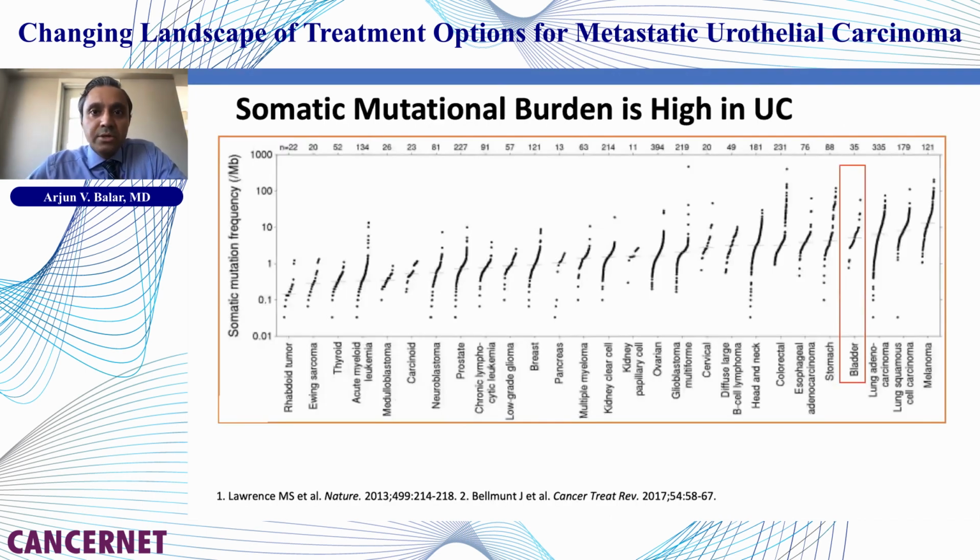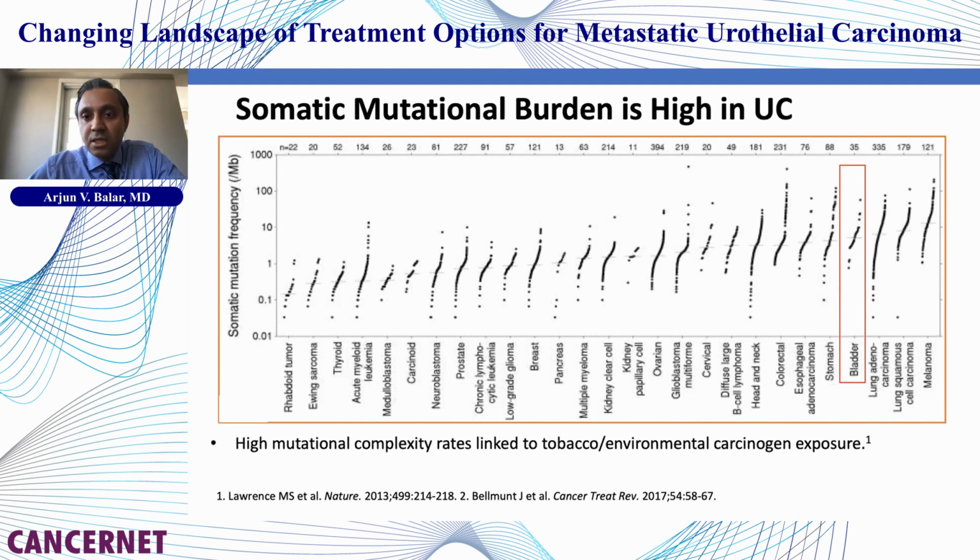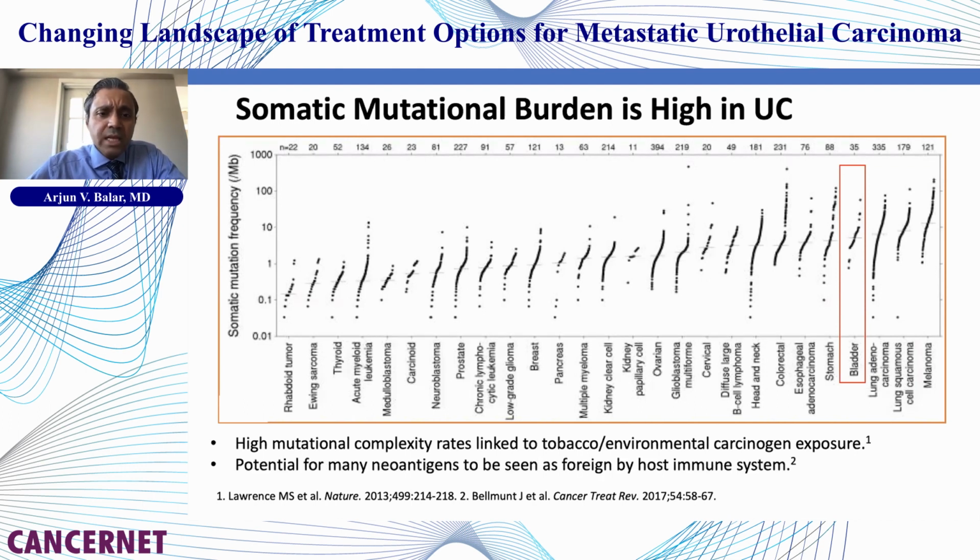Why do we use checkpoint inhibitors in urothelial cancer? Because it is a mutationally driven cancer. Carcinogen-induced tumors, such as lung cancer, melanoma, head and neck cancer, these are classically developed over many years, in fact, and chronic carcinogen exposure generally leads to higher mutational complexity. And then the more mutational complexity there is, the more likely that one of those mutations will generate an anti-tumor host